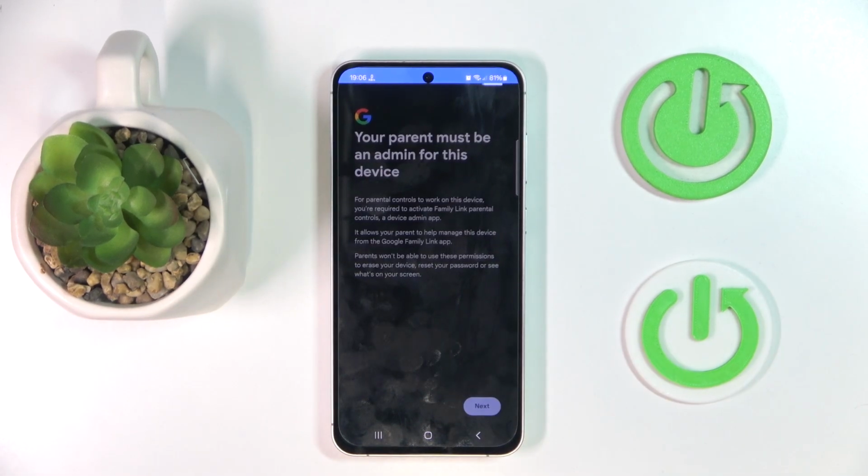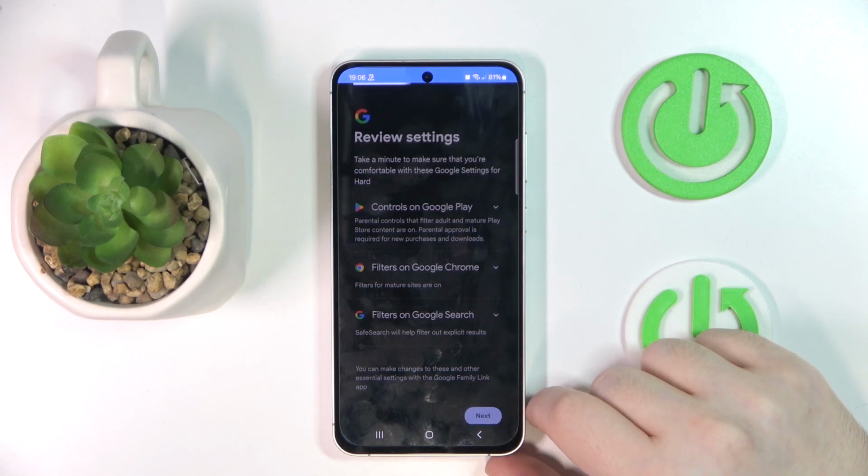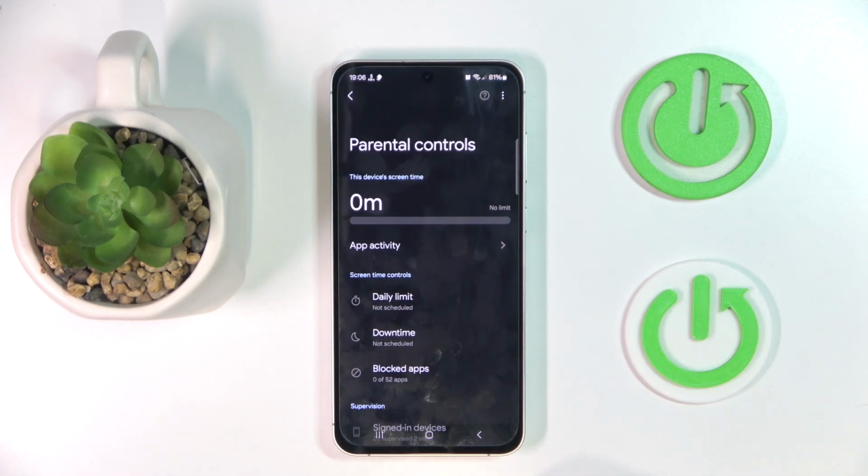And click allow. Now click next again. And click done. And as you can see, my parental controls are now set up, so that's it for this